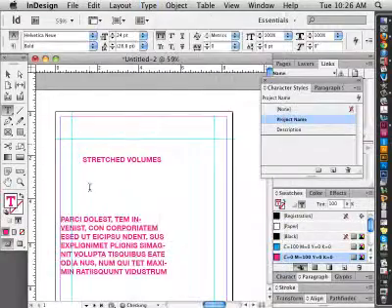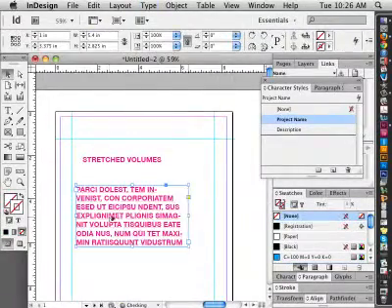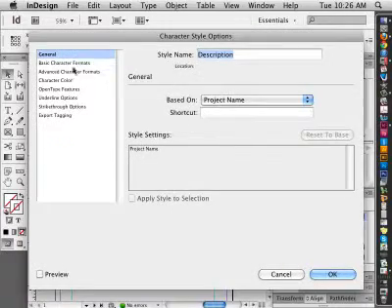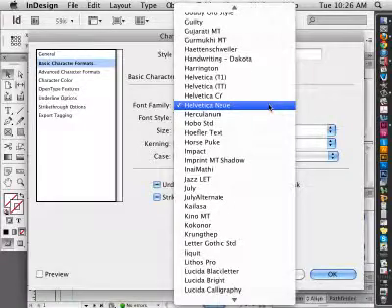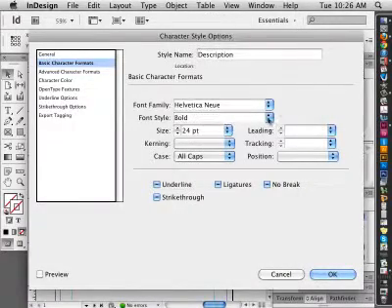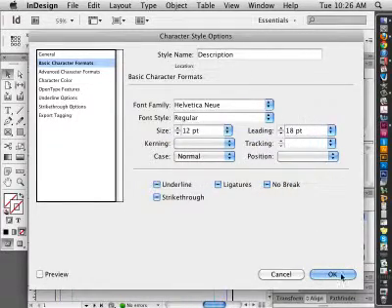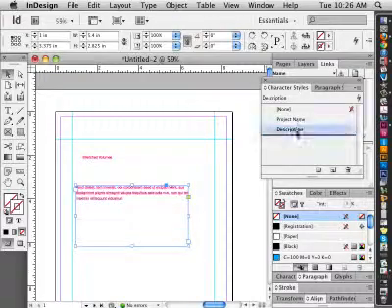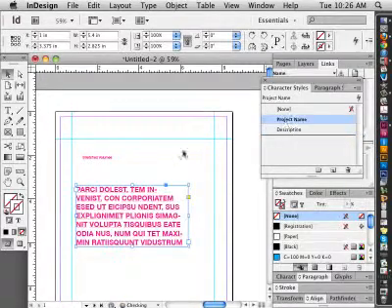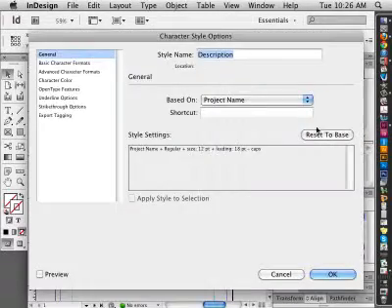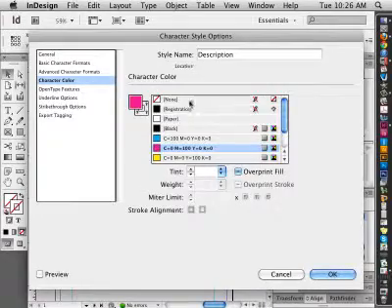So I'm going to fill another box with placeholder text just so I've got some stuff in there, and I'm going to switch it to description. Right now, description has the same qualities as my previous style, but I can go in and change it to not bold, so I'm going to change it to regular and 12 point and not all caps. And let's say I want the leading to be 18 point rather than auto. Where are these based off of each other? So this should be project name, and this should be description. I want this to not be pink. Or black,